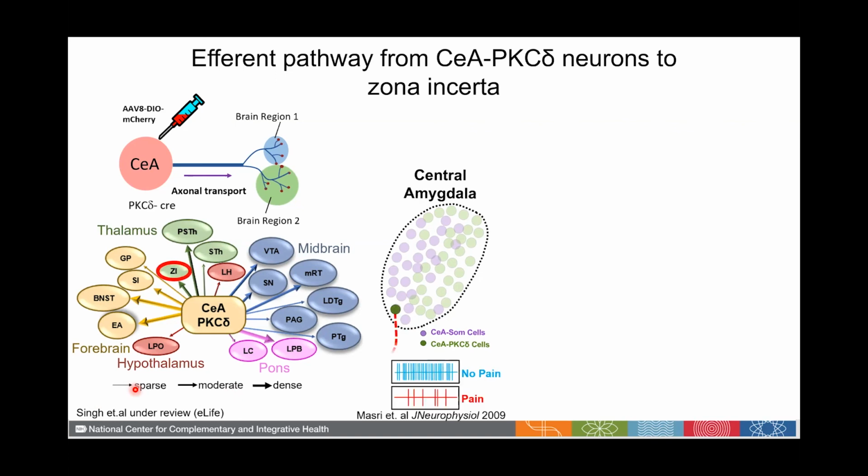One of the structures that got our attention was the zona incerta. This is a ventral thalamic structure. The reason that one got our attention over the others was because previous work from Asaf Keller's lab at the University of Maryland had shown that in the context of pain, neurons in the zona incerta show decreases in excitability. And we know from our studies that the PKC delta neurons, which are the ones that go to the zona incerta,